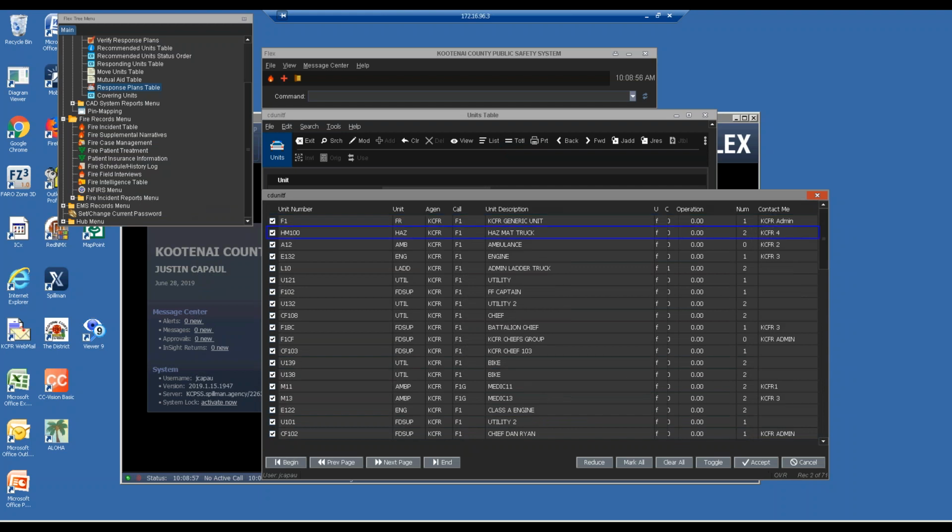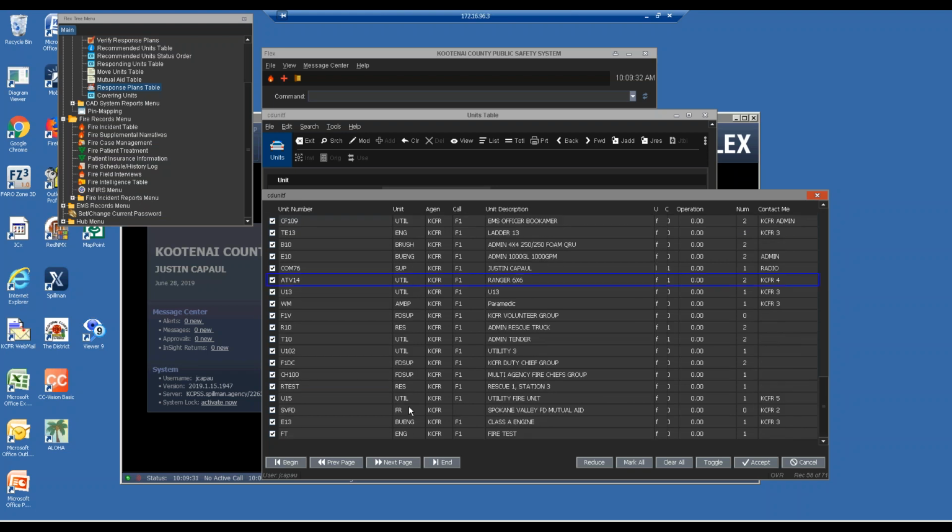And there's a lot of them that we don't use anymore, and we've been trying to get those cleaned up. So for example, engine 122 right here, we don't use that anymore. I would make a note and send it to Val. We don't have the ability to delete units, and typically you don't want to delete them because they still have records tied to them. So we would merge it with another unit or retire it. So it keeps the records with it, but then it would no longer show on our active unit screen. And this was a big issue when we were trying the closest unit,